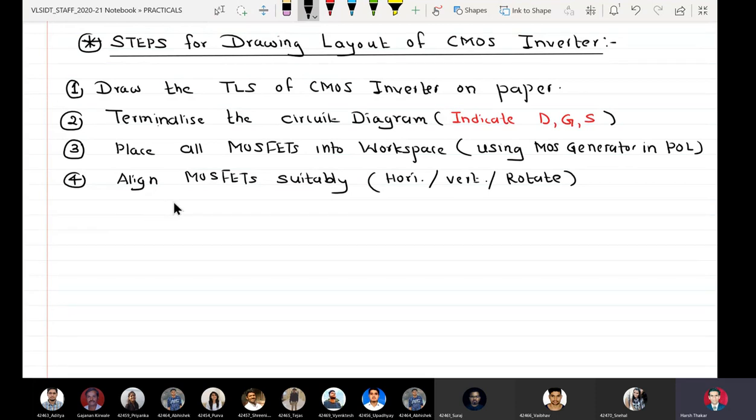So you can align the MOSFETs suitably to enable easy connectivity between their terminals.